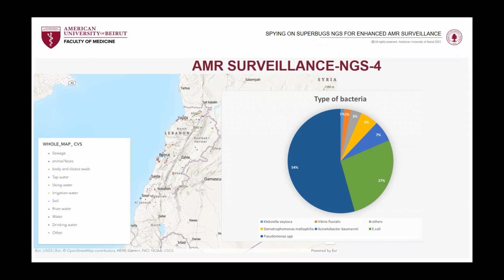We have a flock of otters in Akkar. We didn't know they existed. They were very well protected. We sampled those otters. We got feces samples, and they actually have carbapenem-resistant E. coli in their feces. And these otters have not been in touch with humans or with the society, as far